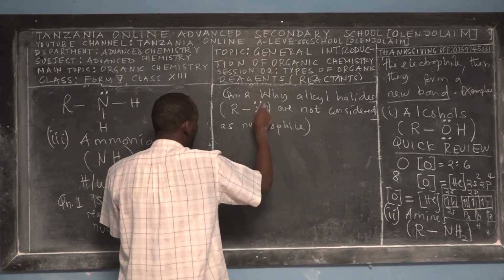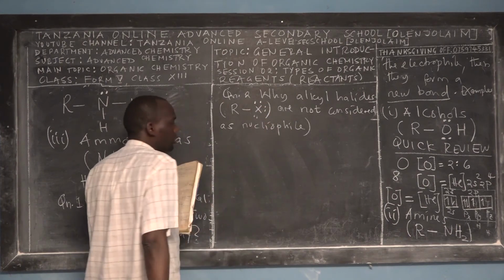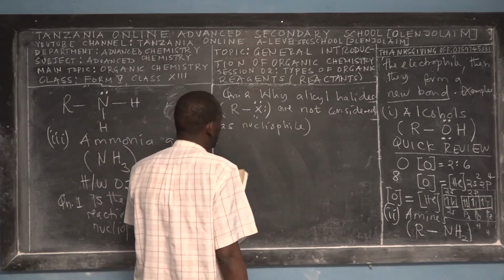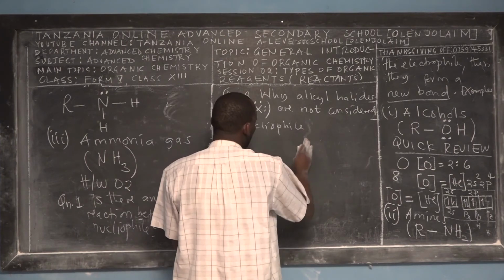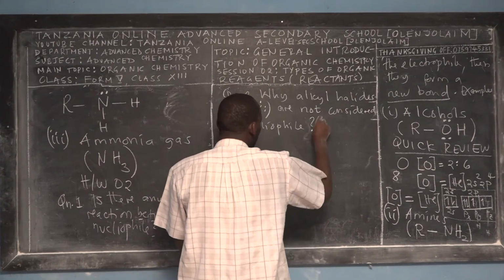Now remember that halogens have 3 lone pairs, right? Okay, so they are not nucleophiles. So explain